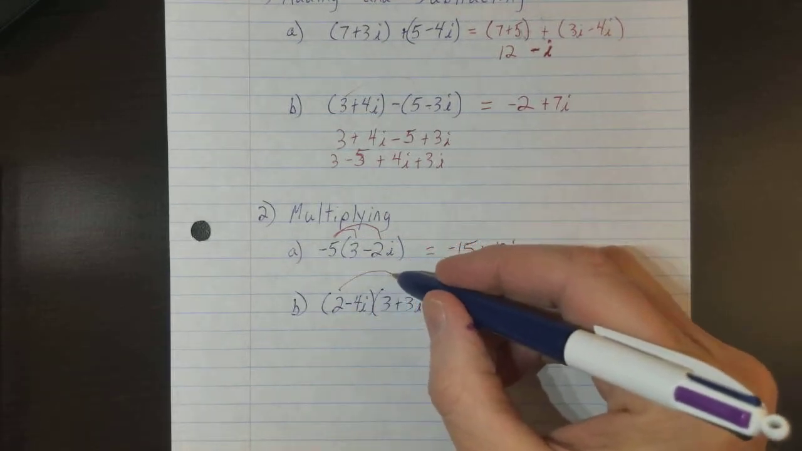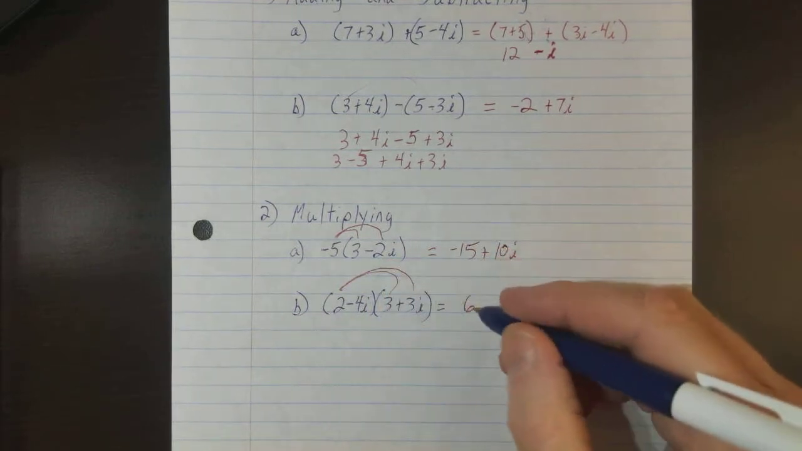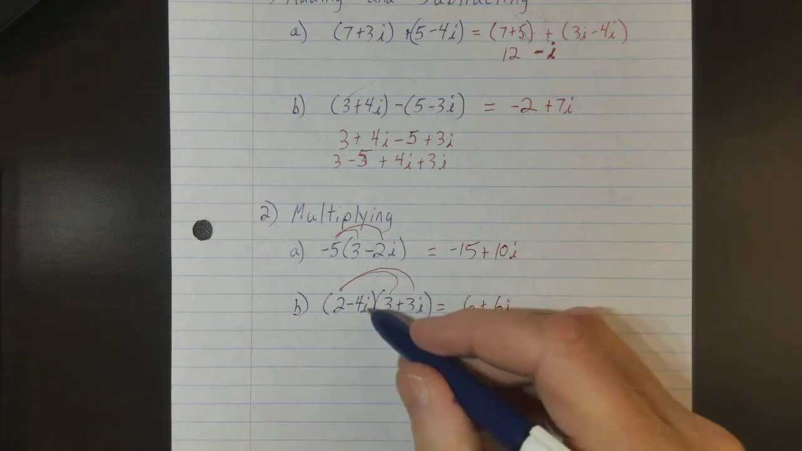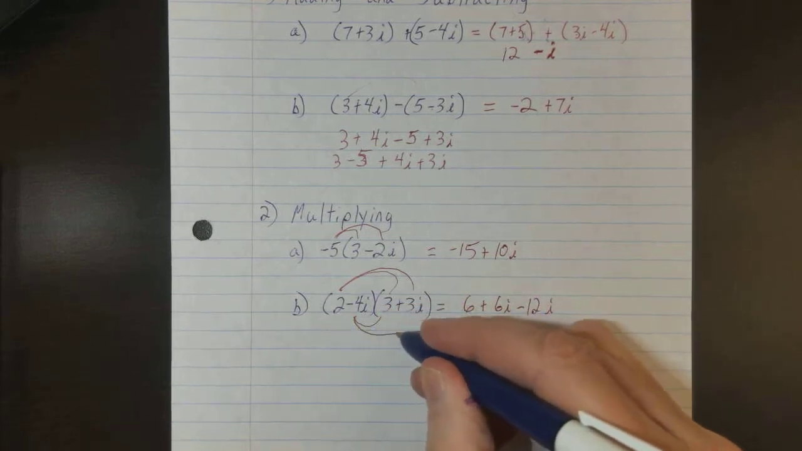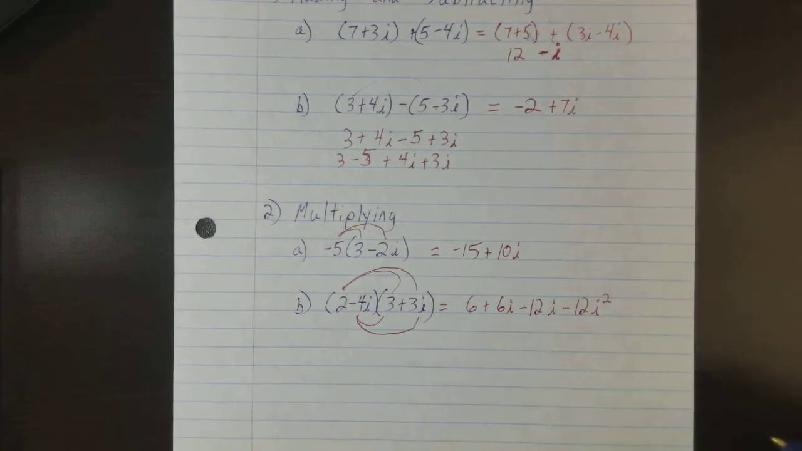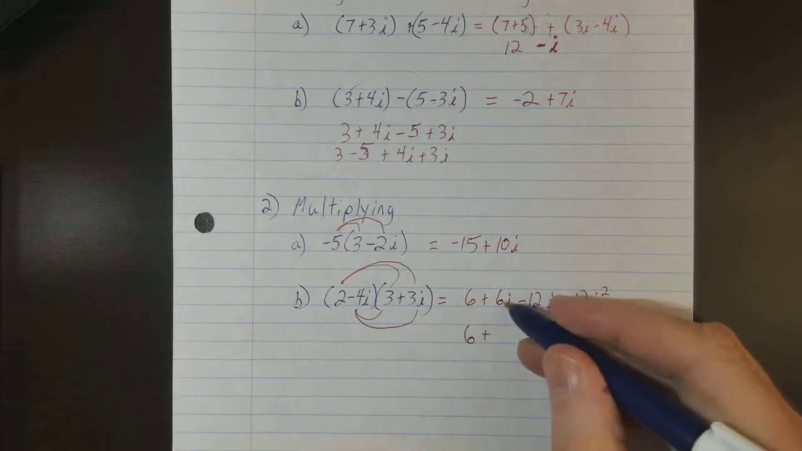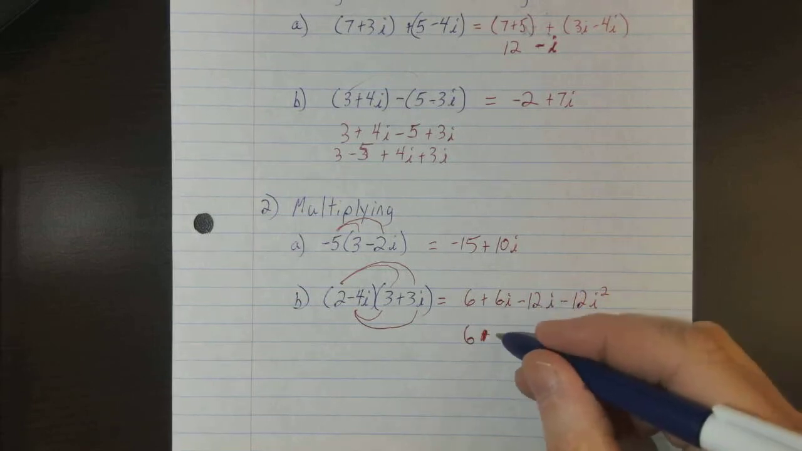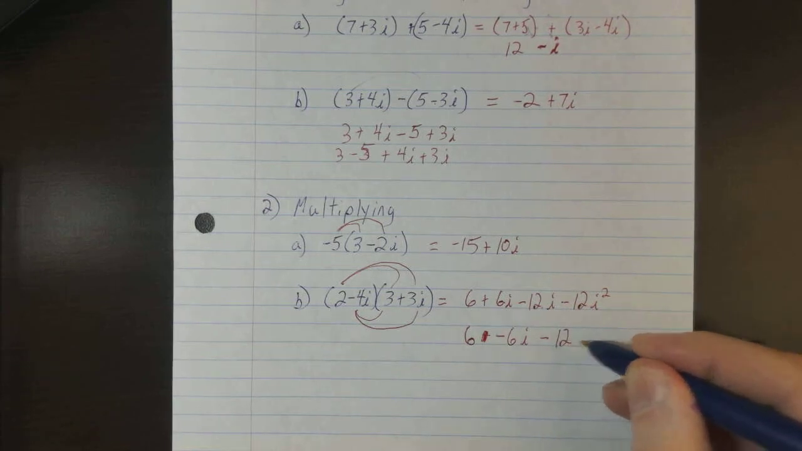So if we go first, 2 times 3 is 6. Outside, 2 times 3i is 6i. Inside, -4i times 3 is -12i. And last, -4i times 3i is -12i squared. And if I combine like terms, I got 6, and then 6i minus 12i, that's -6i, and then -12i squared, but